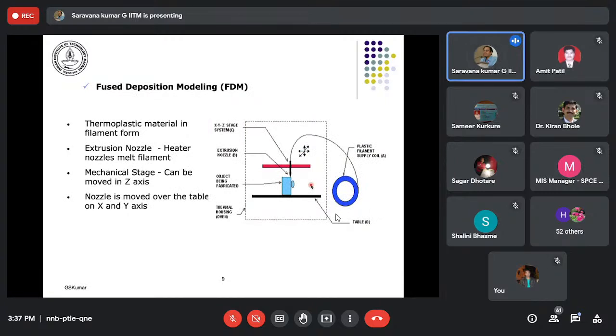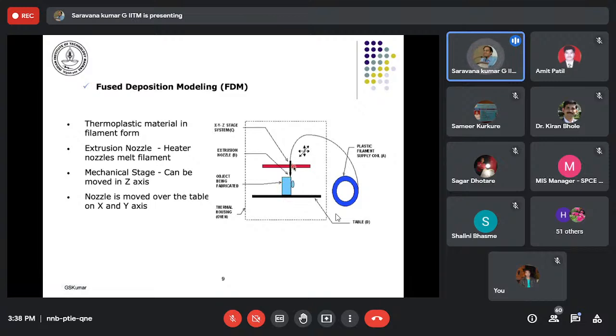This is the fused filament process, where you have this filament spool, which is extruded, and it is taken to a glass transition temperature and deposited onto this moving table which moves in the z direction.